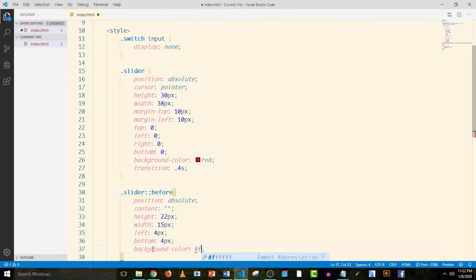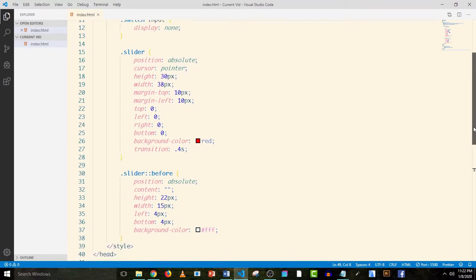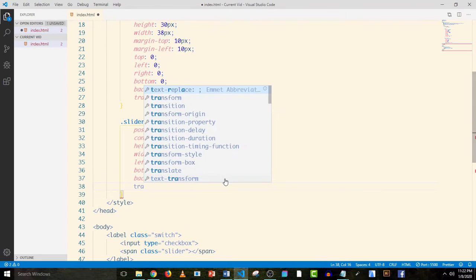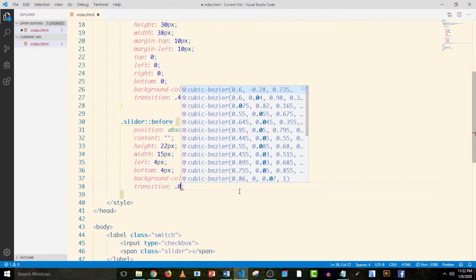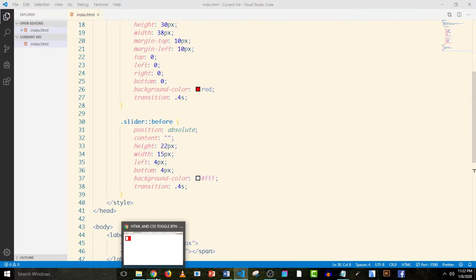So let's have FFF, save this. And now when we go back to our browser, we can see that the button now has a background color of white. We are not done yet for this. What we are going to do finally is to have a transition of basically the same as 0.4 seconds. So let's save this. And now when we click on this, nothing is going to happen because we have not